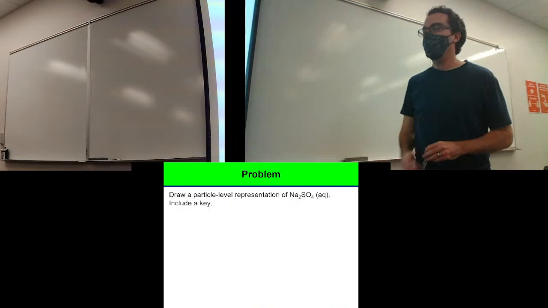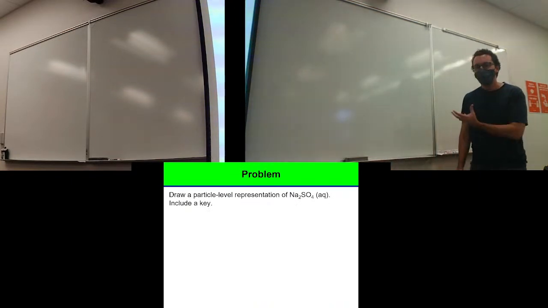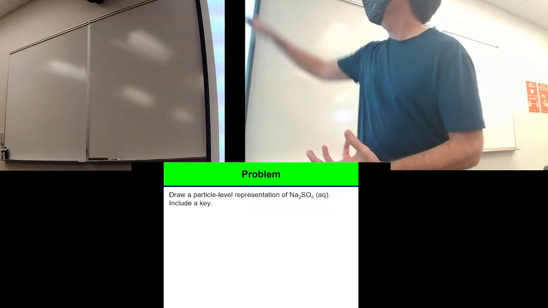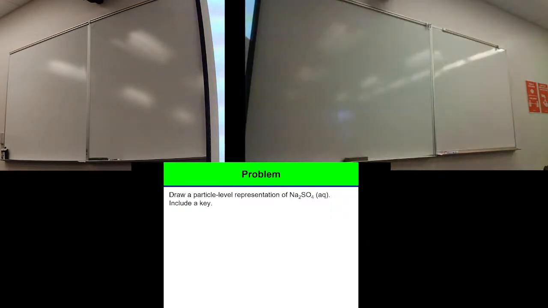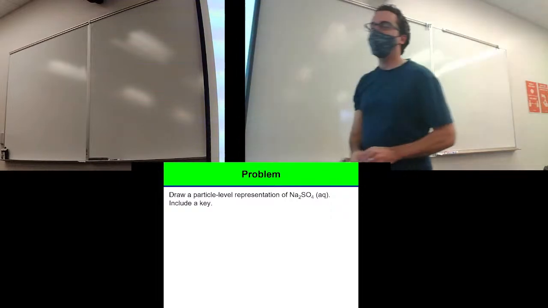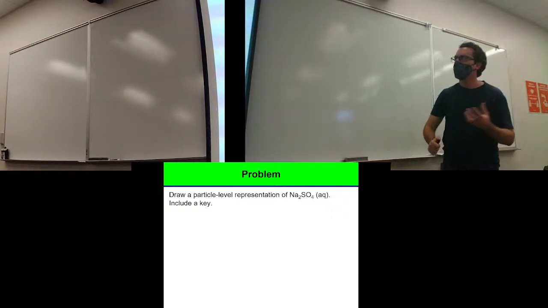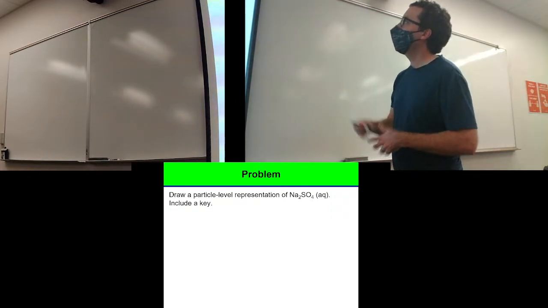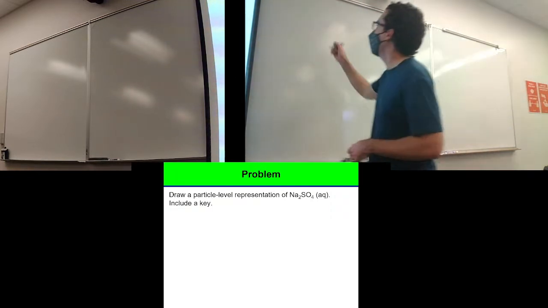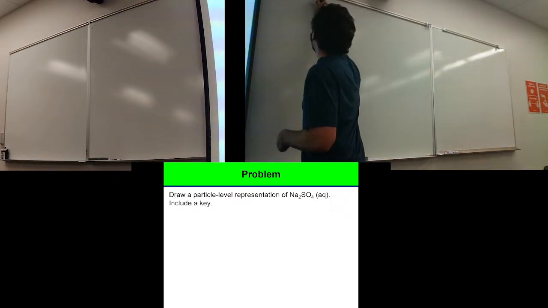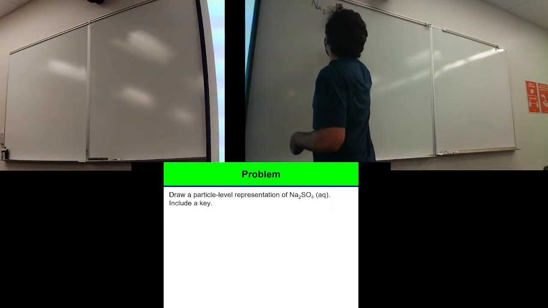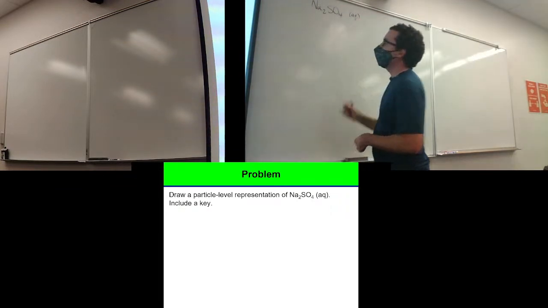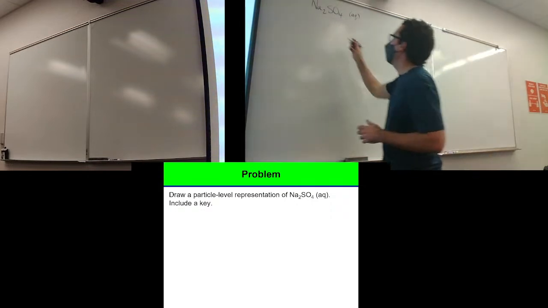Okay, so at a basic level, you need to understand what the particle representation of this is. So this is aqueous, right? Whenever something is written AQ next to the symbol of the chemical formula, that means it's dissolved in water. And so if I were to say, what does this look like dissolved in water? Sodium sulfate, this is called. Well, we write it like this for convenience, but if it is aqueous, in your minds, you should be picturing